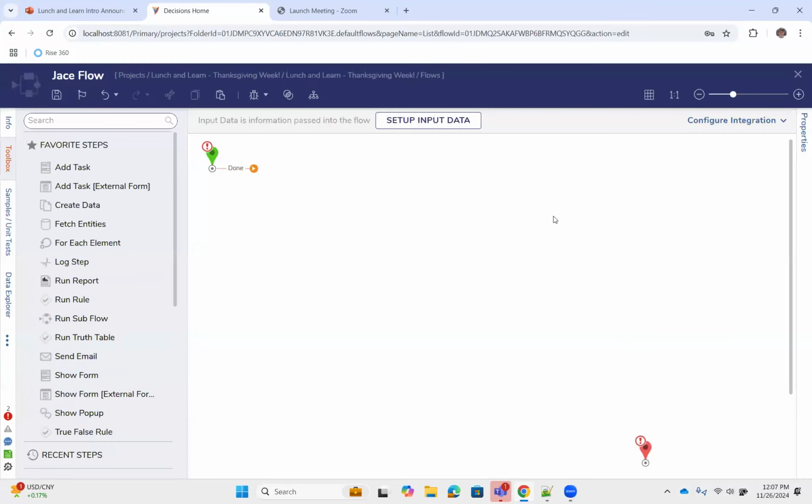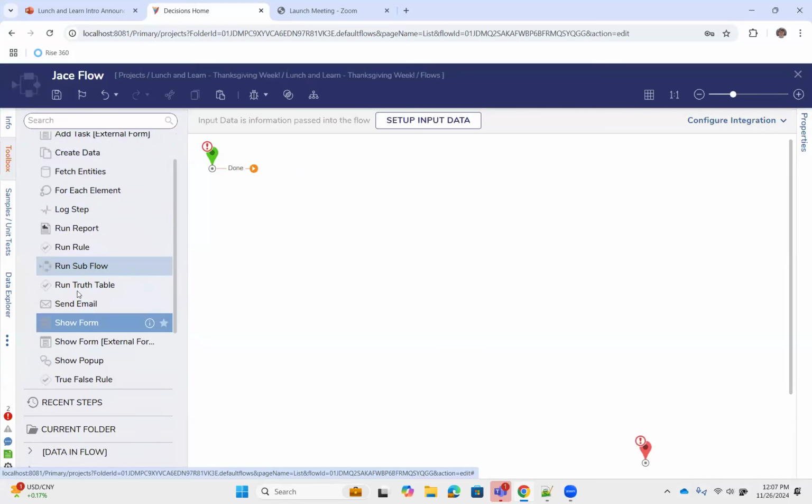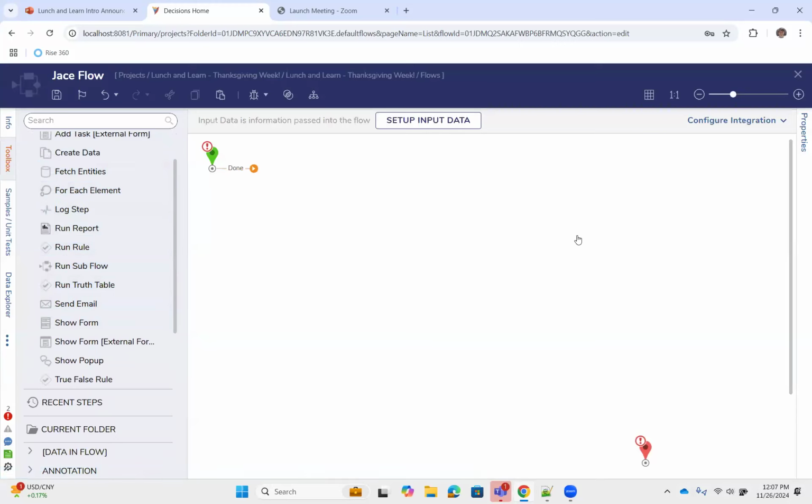Here's where our flow designer happens. Here's provided with a bunch of the different steps, which can both incorporate other entities, such as the rule entity, the truth table, which is the type of rule, or you can have particular actions that just work with the data in your steps. Your setup input data is your default data that your flow is looking for at the start of this step, which can either be provided by a user input, or perhaps if you're calling this step